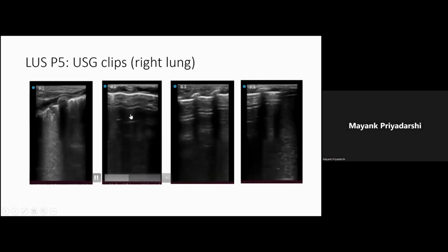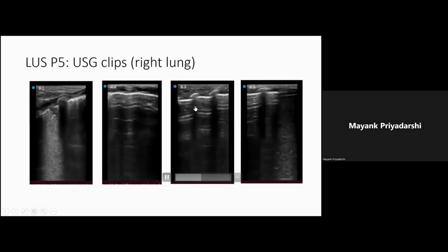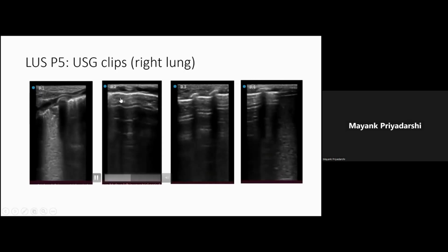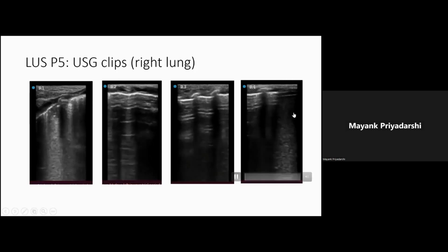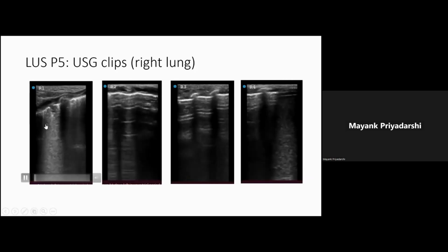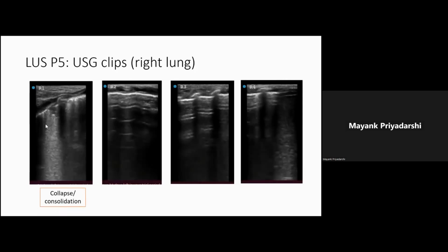And the rest of the regions of the right lung appear to be normal, the R2, R3, and the R4. Normal pleural sliding is present, and A lines are beautifully seen. So in the R4 region, we can appreciate this is a part of the liver. But the R1 has probably, I'm not sure if it is collapse or consolidation, but